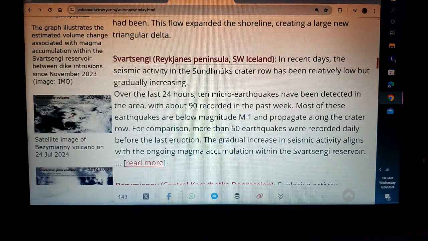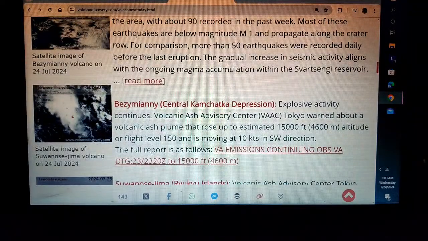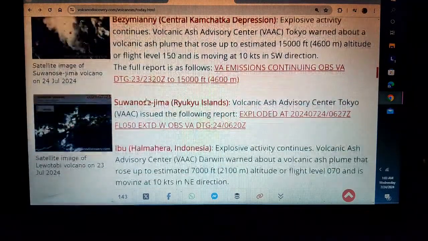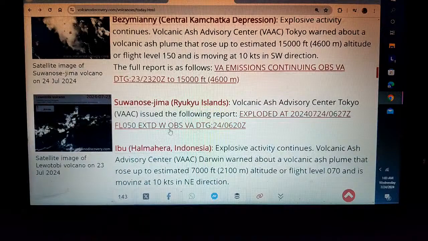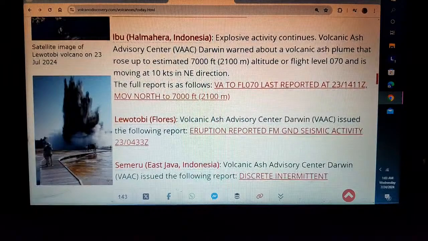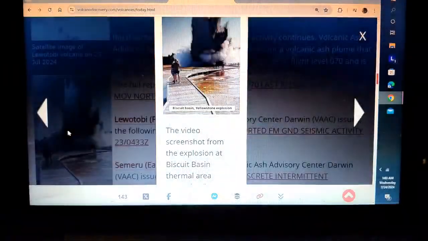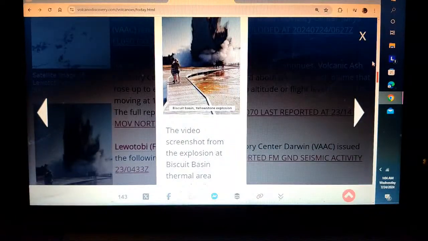Anyways, Reykjanes, Iceland going off. Bezymianny in the Kamchatka Peninsula, 15,000 feet. Suwanosejima, 5,000 feet. Ibu, 7,000 feet. Oh, come on, we got to have better.